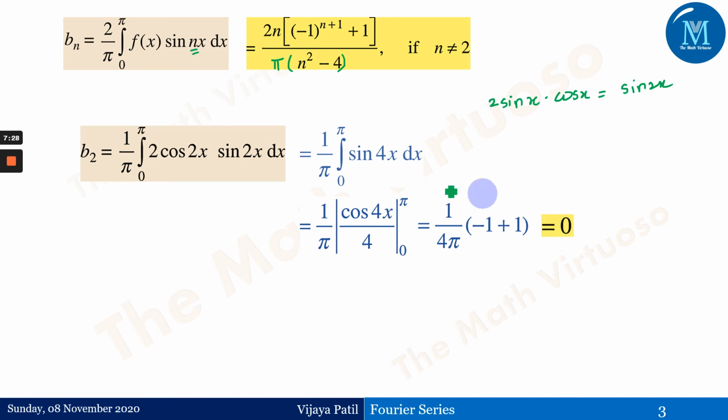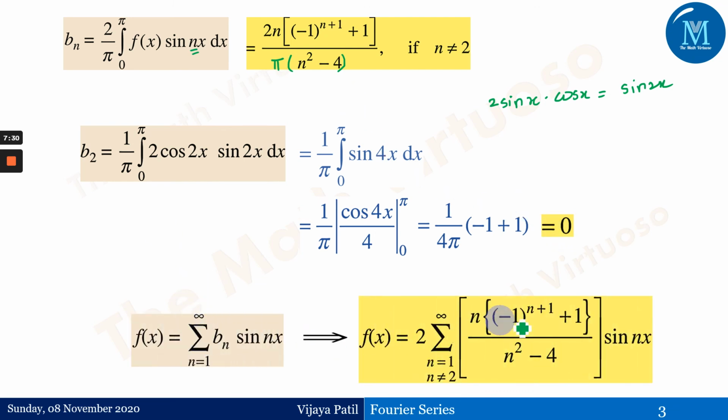And therefore, we have got f of x as equals to this. Again, I have forgotten that, so please do consider pi here. So f of x is equals to 2 by pi summation of this particular term, and this particular bn is not true for n equals to 2, and that is what we have specifically written over here, because we have got the value of b2 is equals to 0. But yes, this is the summation for n equals to 1 to infinity, except n not equals to 2, right? So this particular bn term is not true for n equals to 2, and that is what we have shown here.